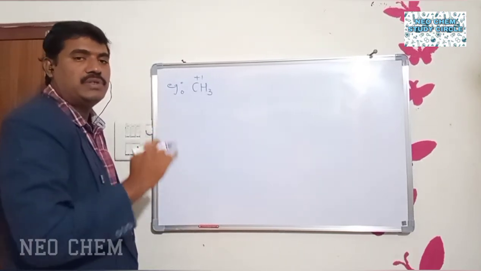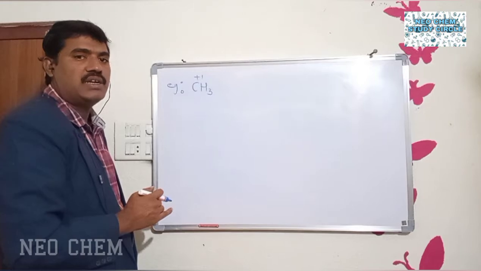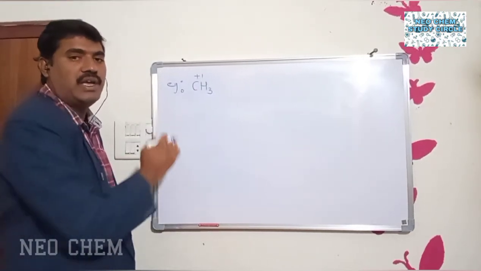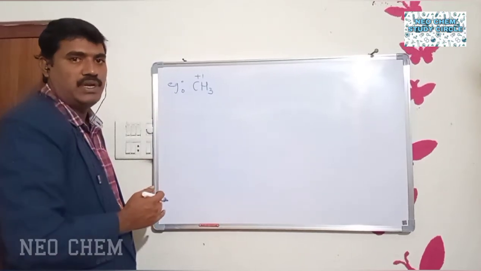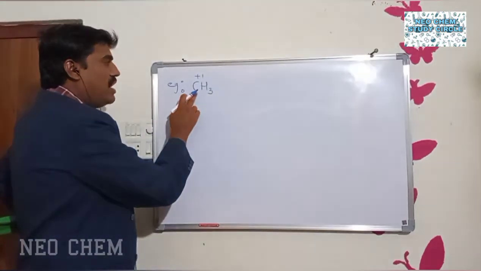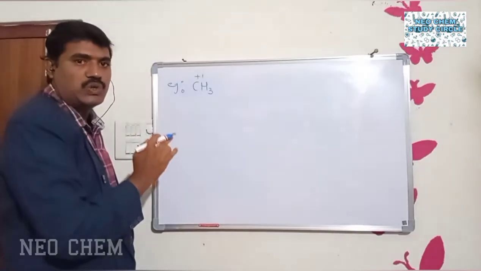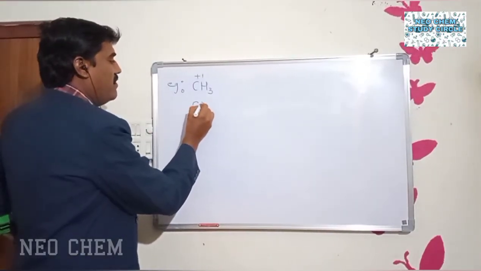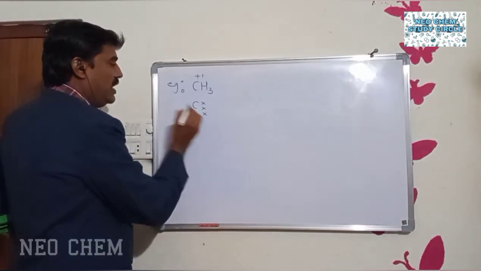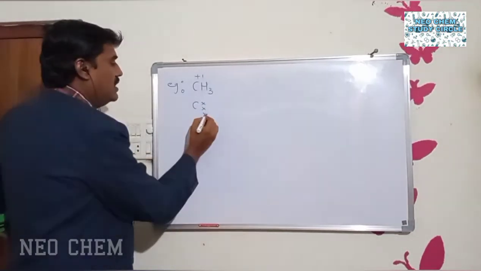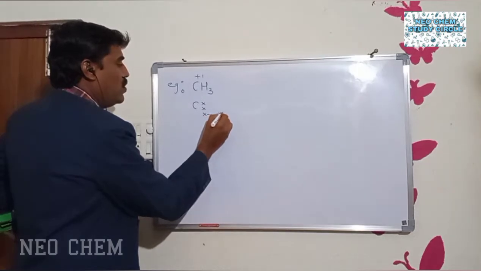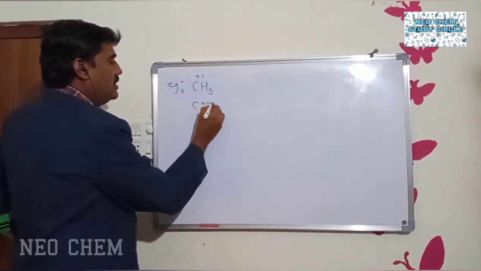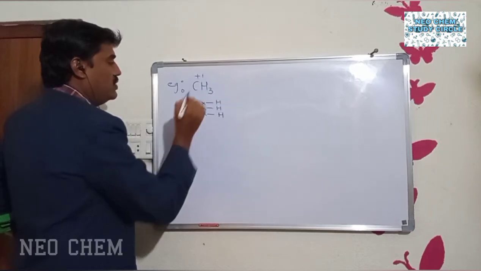Actually, how many valency electrons should neutral carbon have? It should have 4 valency electrons because it belongs to the fourth A group. But now, as carbon is having one positive charge, it should have only 3 electrons. Write like this: 1, 2, 3. So with the first electron, the first hydrogen; with the second electron, the second hydrogen; and with the third electron, the third hydrogen.